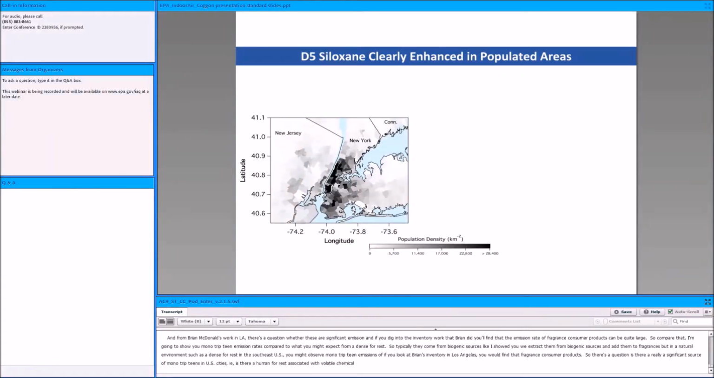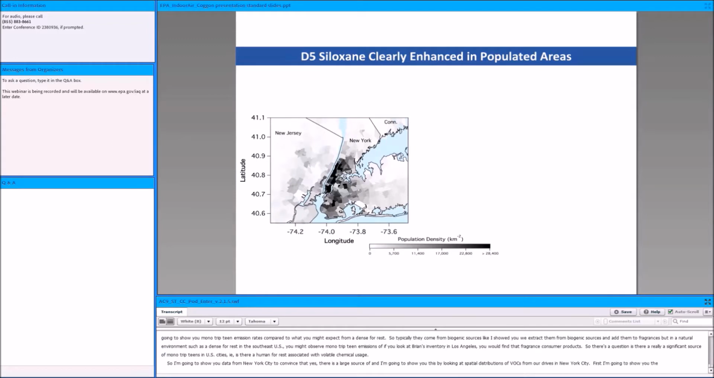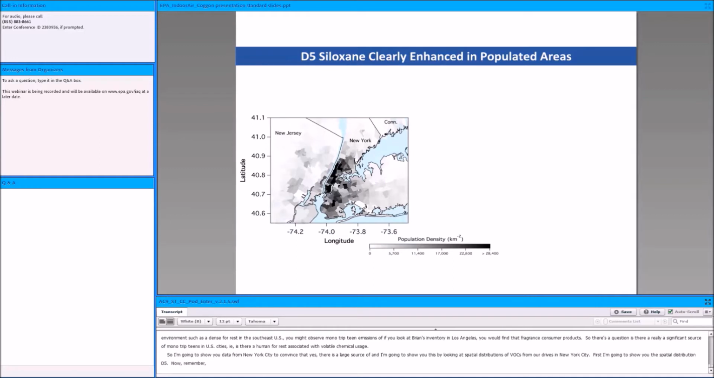So I'm going to show you data from New York City to convince you that, yes, there is a large source of anthropogenic monoterpenes. And I'm going to show you this by looking at spatial distributions of VOCs from our drives in New York City. First, I'm going to show you the spatial distribution of D5-siloxane. Now, remember that D5-siloxane is our personal care product tracer. And so if we observe significant emissions of D5-siloxane in urban areas, we know that that region was influenced by